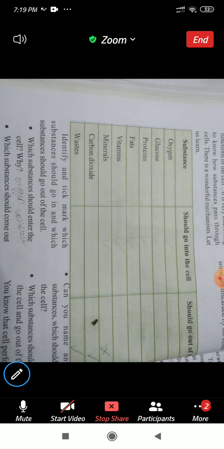But then what about the waste materials? That is, after metabolic activities, that is after oxidation, the carbon dioxide also should go out of the cell, not into the cell. After oxidation, the carbon dioxide and some of the waste materials have to be released from the cell. So these components should take exit from the cell. This will be based upon the components. Based upon the components only, the plasma membrane is able to give the entry and the exit of the cell. That's why we call the plasma membrane a selectively permeable membrane.